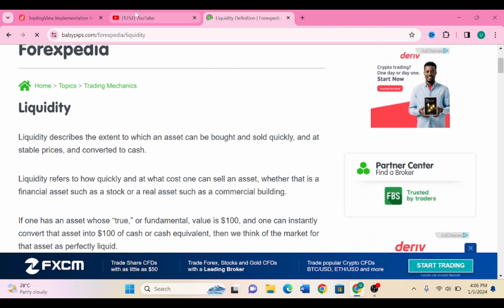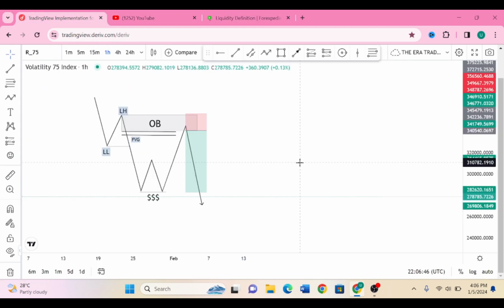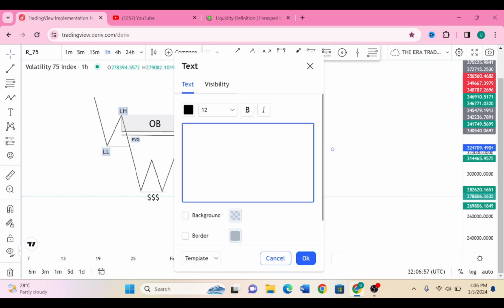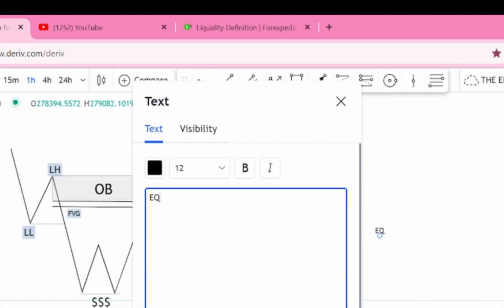Basically it is where money resides. If you see this level here, it is basically where there's money, and liquidity levels involve equal highs, equal lows,